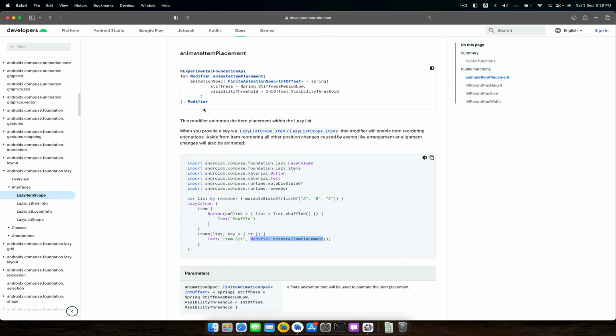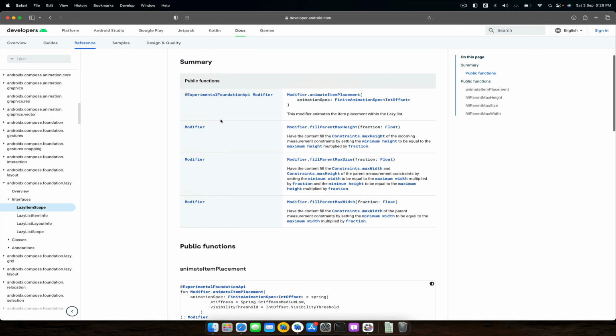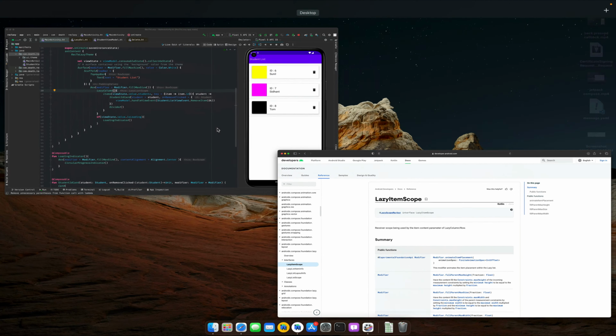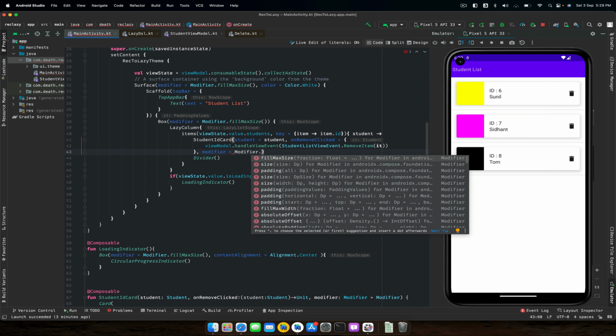So the property of this particular thing is that it's available as a modifier, but it should be in a lazy scope. So it does not belong to LazyColumn. It belongs to items that are inside the LazyColumn. So let's add it here. Modifier is equals to modifier dot